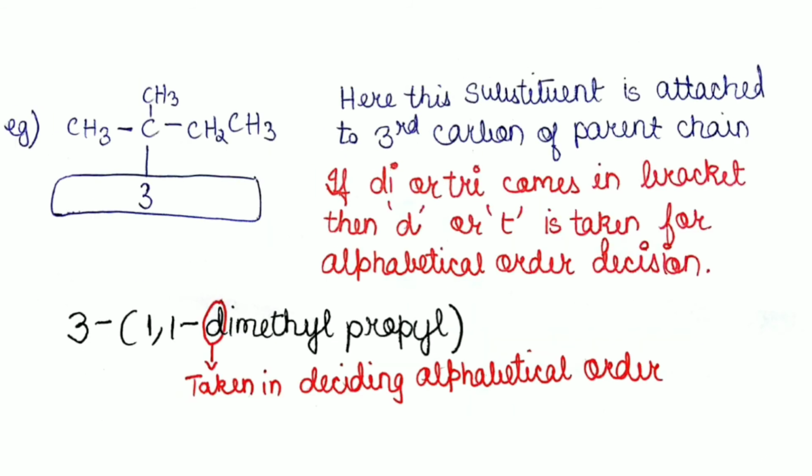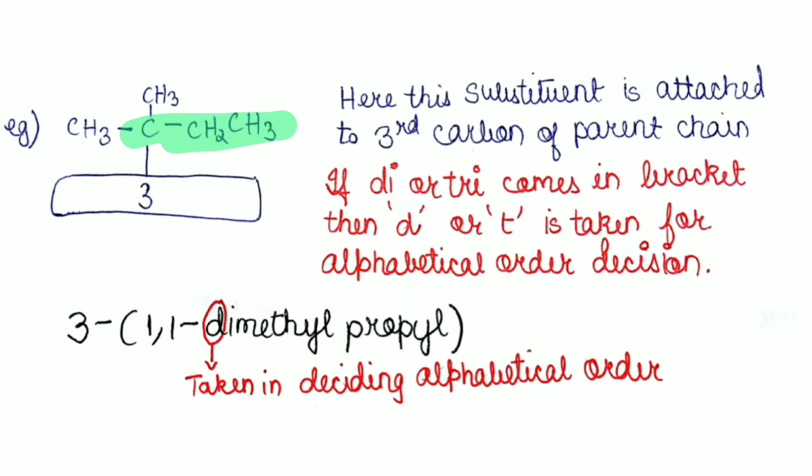Then we come to the next example in which this side chain is attached to the 3rd carbon atom of the parent chain. So basically what we are doing is that we are going to put the 3 outside the bracket, and then we'll open the bracket for the naming of the side chain, and we have to select our principal chain inside the side chain now. So this is our free valent carbon. So either we can have this as our principal carbon chain of the side chain, or this or this. So obviously we'll have this as our principal carbon chain of the side chain because it's the longest. So our name goes like